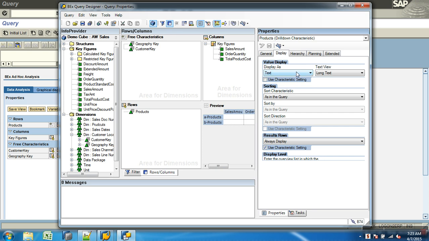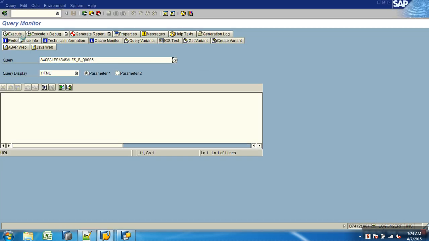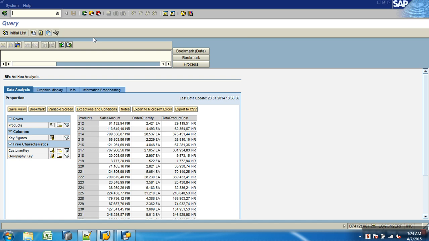When I say text, it asks me which one I want, since in the backend I maintained both medium and long. When you say key, it brings the characteristic value. When you say text, it brings the description from the text table. And as soon as you say text, which description do you want, long or medium? I'll say medium. See, now instead of getting to see the product key, you will get to see